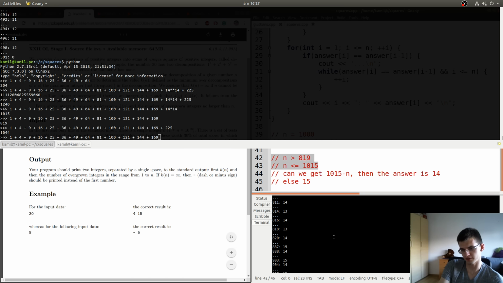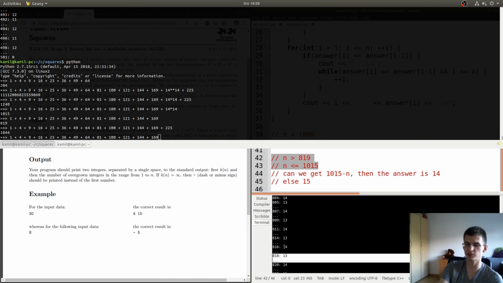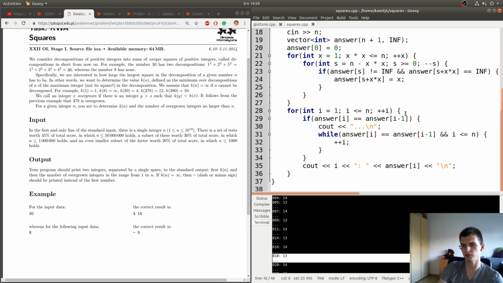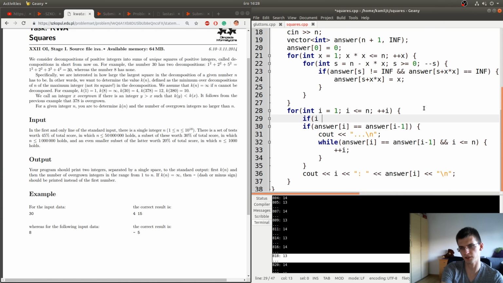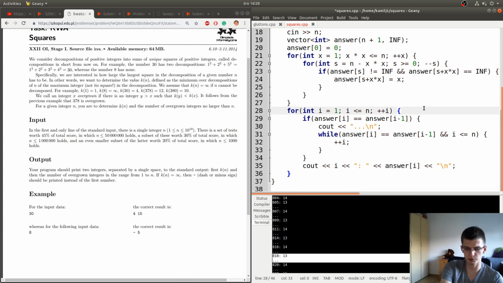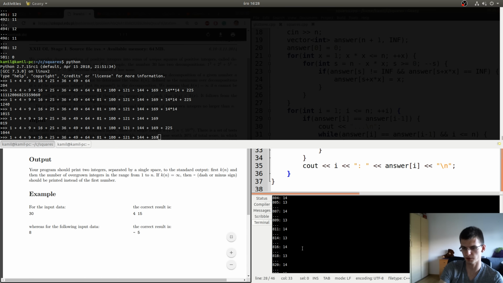But this is why we wrote a brute force, to see some pattern. Of course, to be more sure, I can run it up to 1 million and check in code with some asserts, like if e is greater than some sum, then assert that the answer is this or this plus 1. But I believe it just by looking at this. Also, it looks like a good way towards the solution.